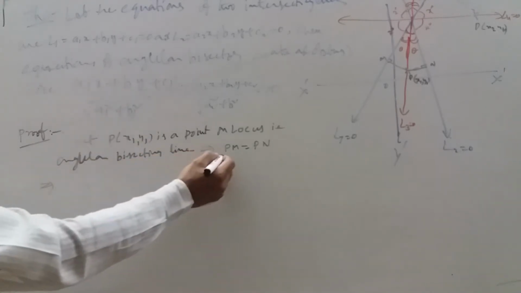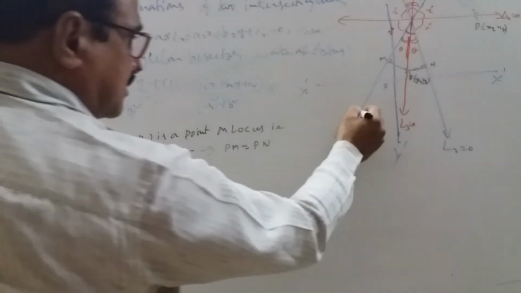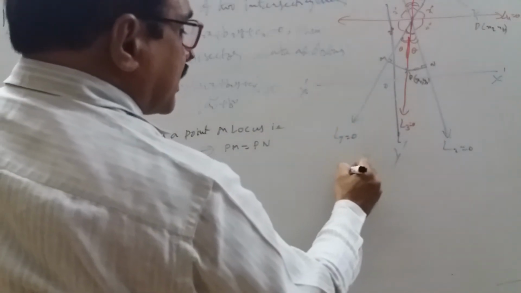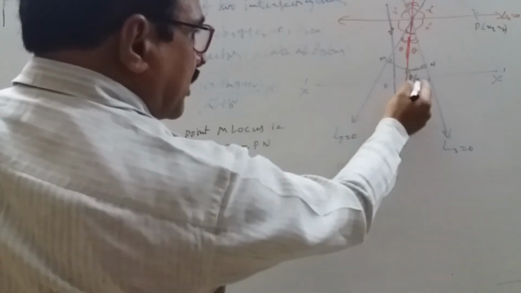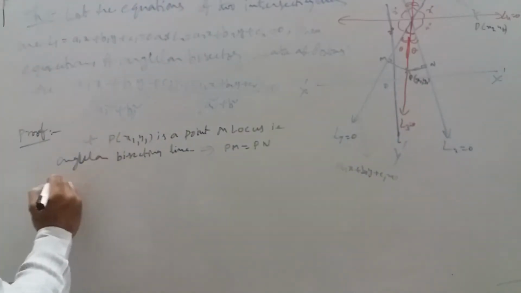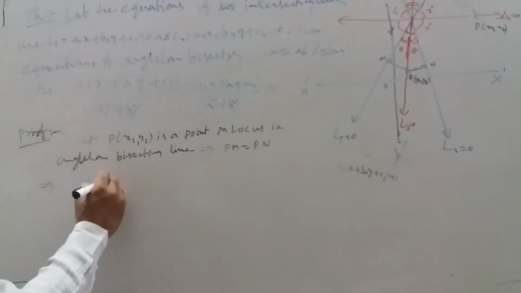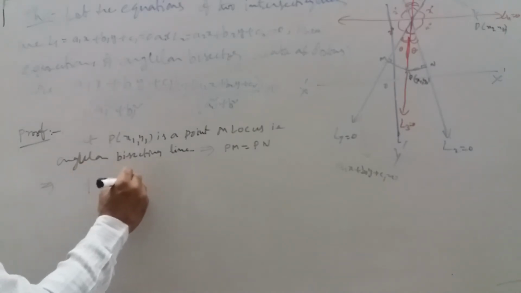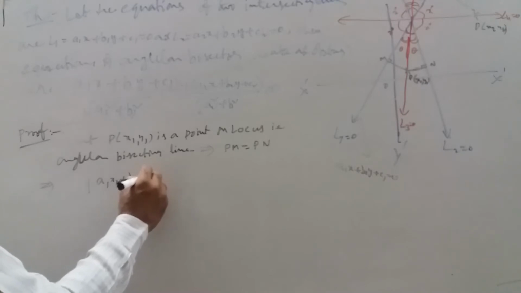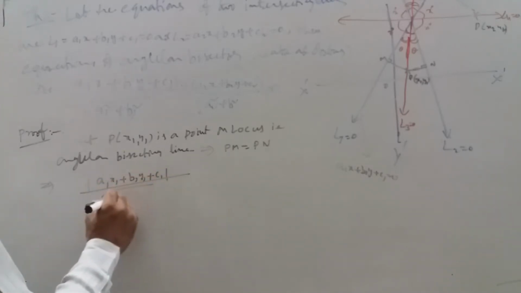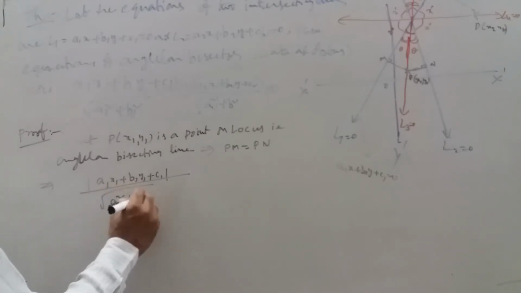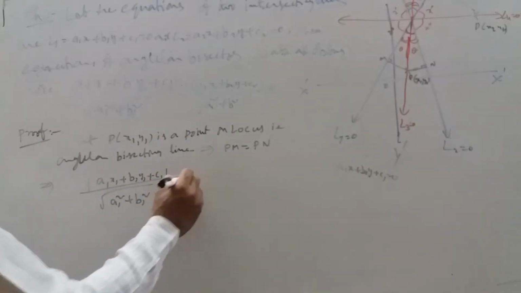Now PM we have to take. What is the equation of this? a1x plus b1y plus c1 is equal to 0. The point is (x1, y1). So the perpendicular distance is mod of a1x1 plus b1y1 plus c1 by root of a1 square plus b1 square, should be equal to